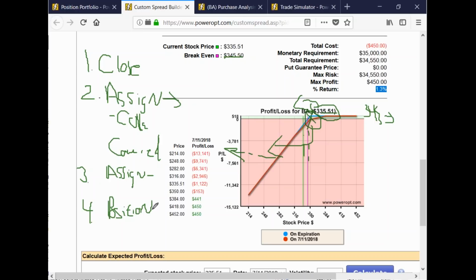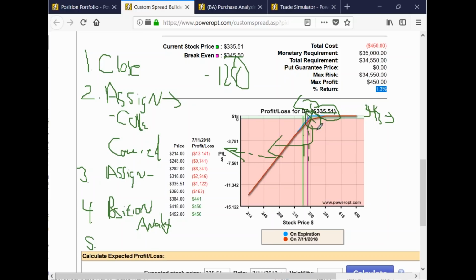Okay, but you could look at the rollouts on the position analysis. Are there any magic things that can be done to convert it to a broken wing butterfly? Try to convert it to a debit spread or a credit spread. Probably not with the loss that you already have. Okay, let's say we did collect $450 for this put, and now it's going to cost us roughly $16 to buy it back. So we saw a loss of about $1,250, $1,299 for one contract.